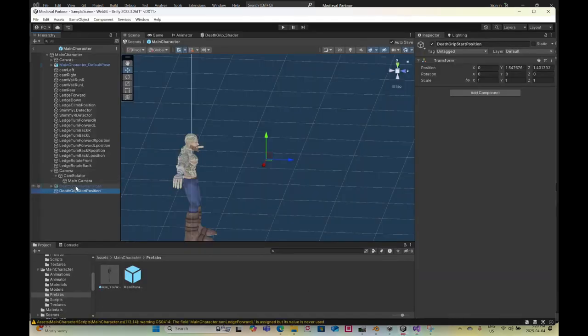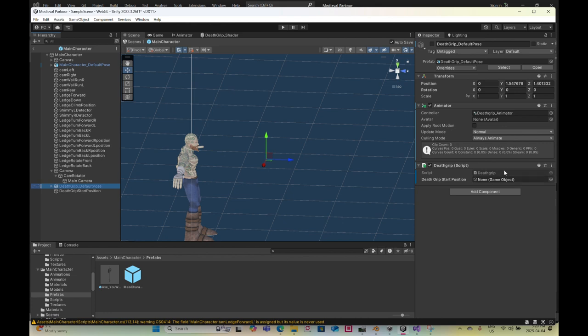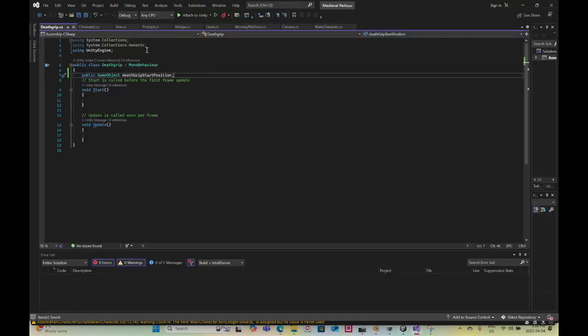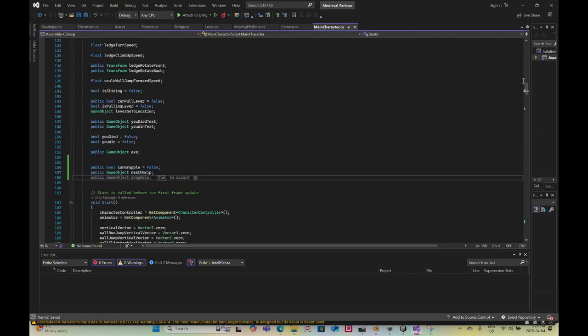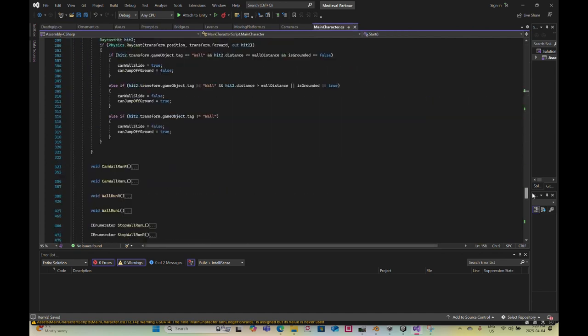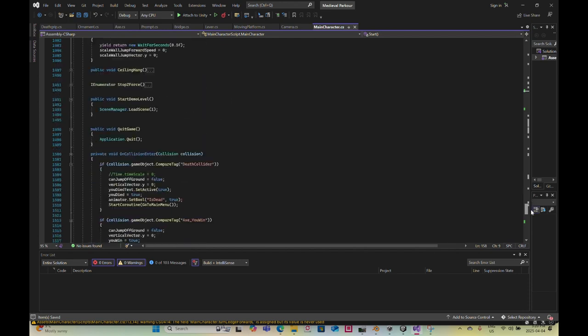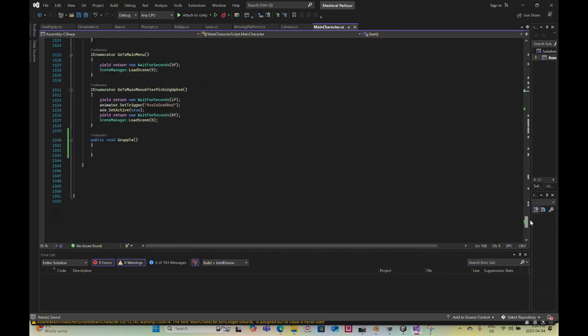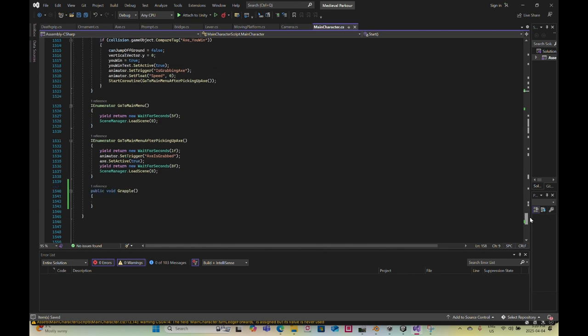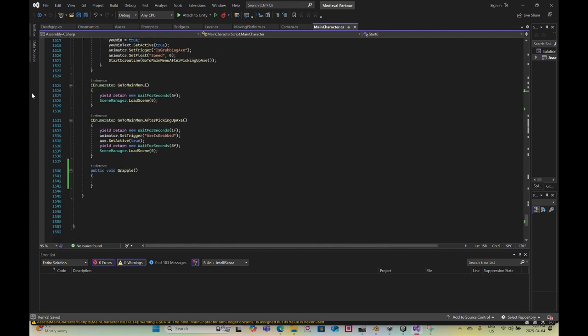So here, select the death grip, and in the script, I'm going to drag and drop the start position here. So if can grapple